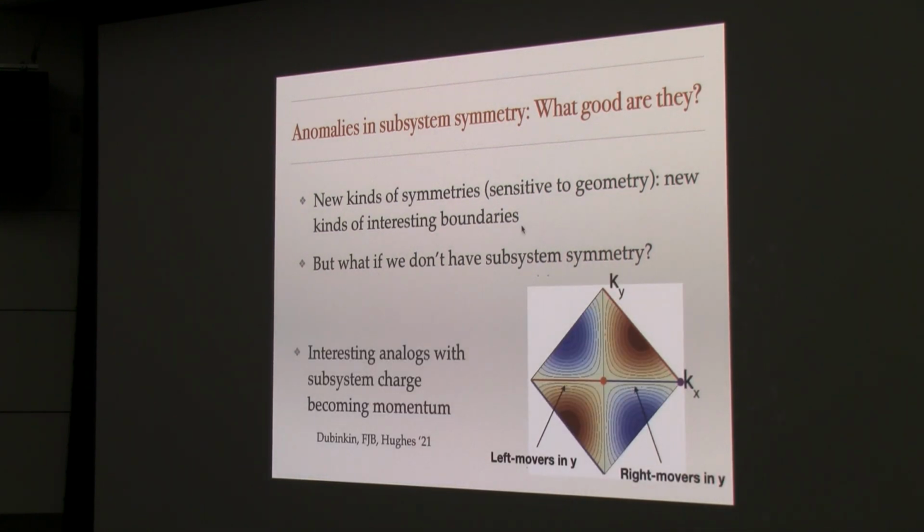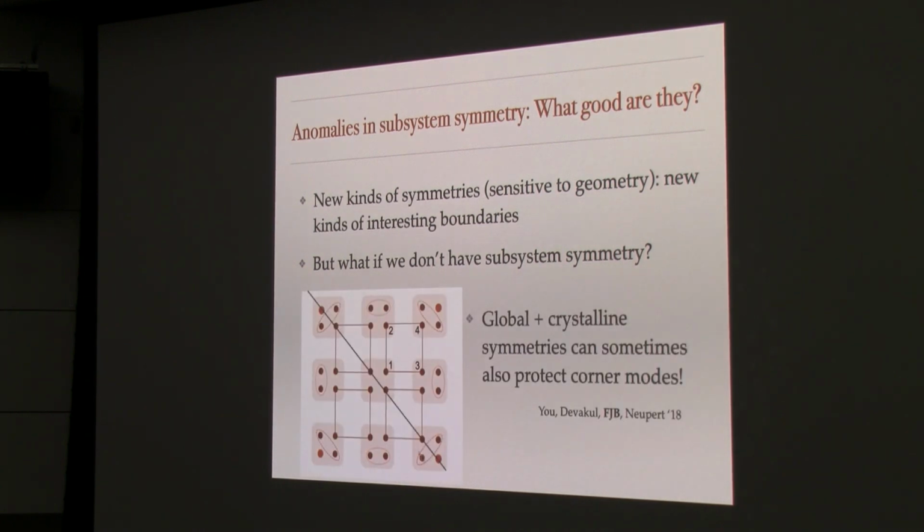Now, one feature that comes out of the intricate dependence between the symmetry and the lattice geometry here is that these give us hints about what kinds of phases of matter we might have when we have maybe just crystalline symmetries that are different from what we get in just ordinary global symmetries. So it spits those out as one interesting corollary.